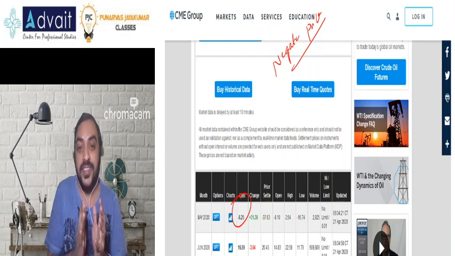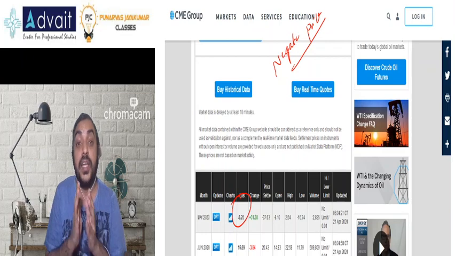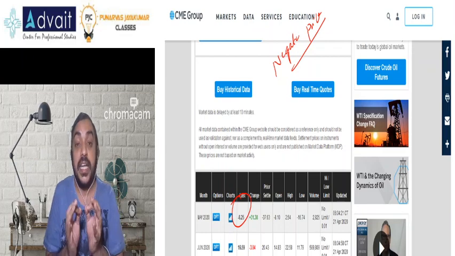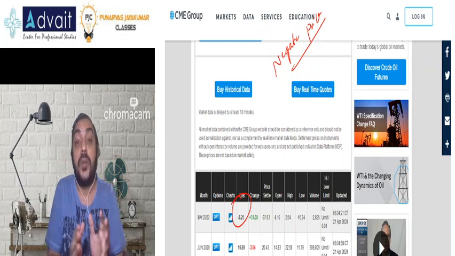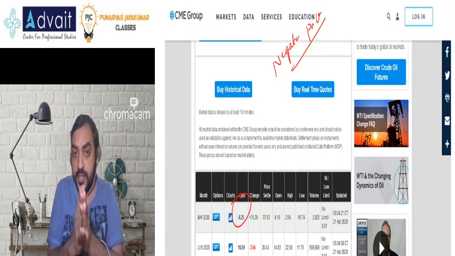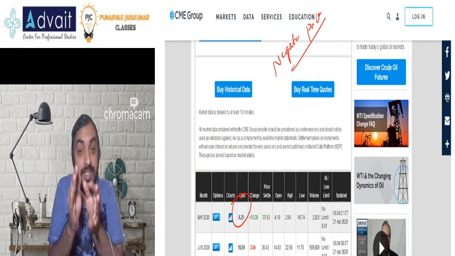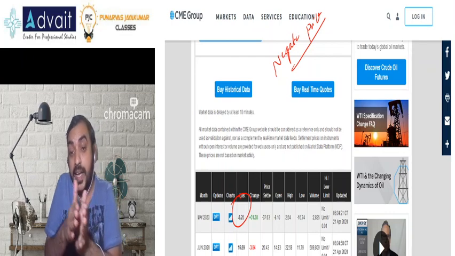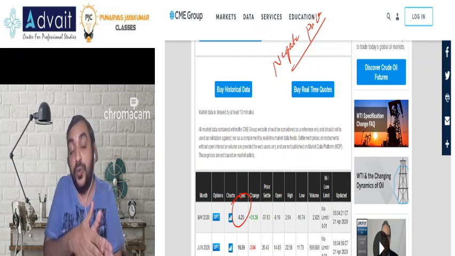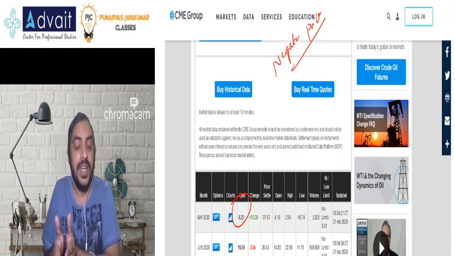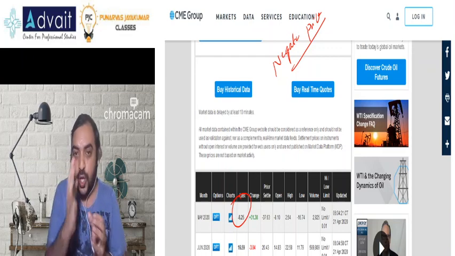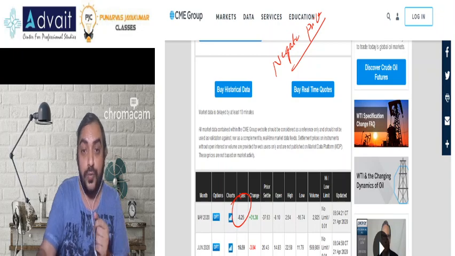Okay, one thing to make it clear, it is not the negative number in the spot market, it is the negative number in the future market. Your CA students, I hope you're able to understand. Spot market, this is still a positive number, but in the future market, it has become negative. Now, let's talk about the commodity futures.